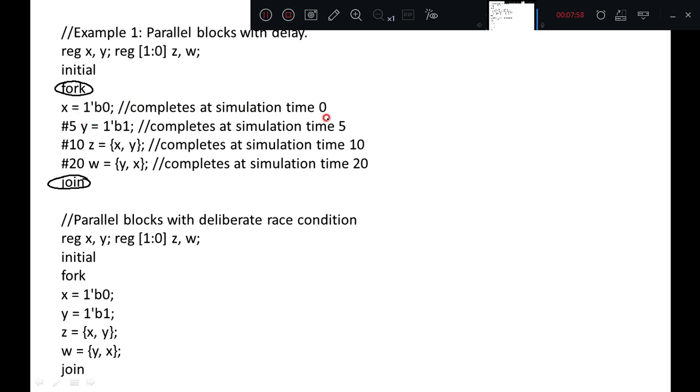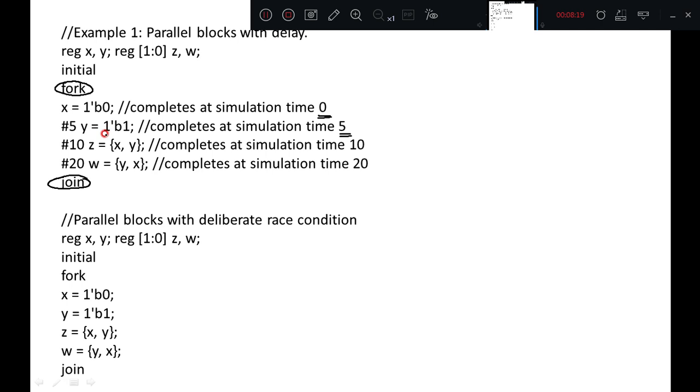X equal to 0 assignment is completed at simulation time 0. Y will get value 1 at simulation time 5, assuming that this particular block is entered at time 0, it completes at time 0 plus 5, that is at 5 time units.